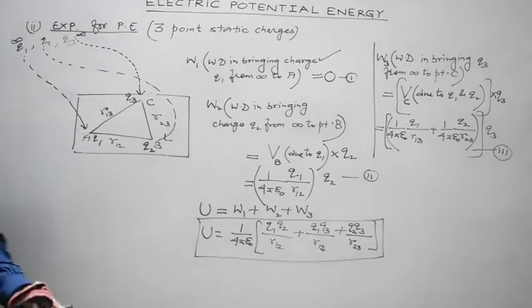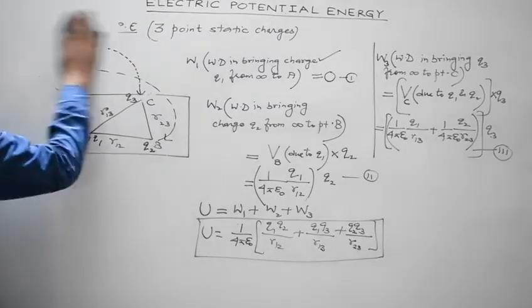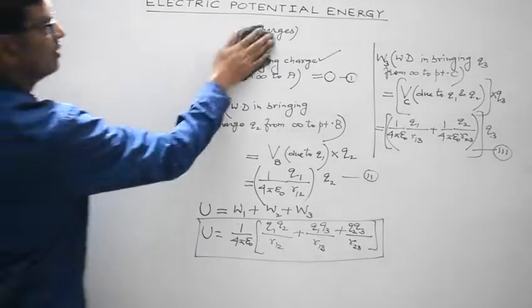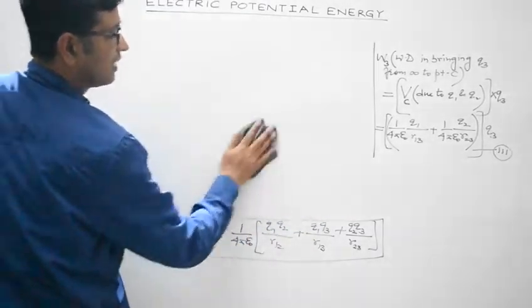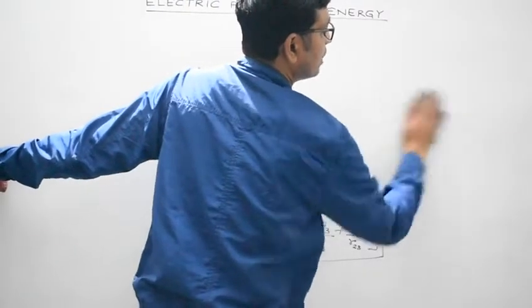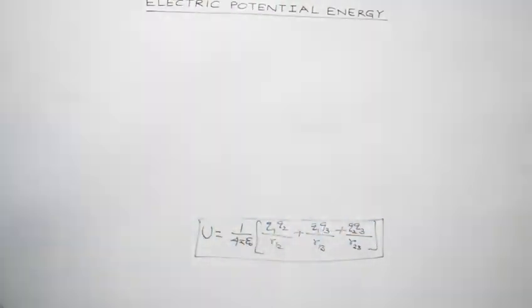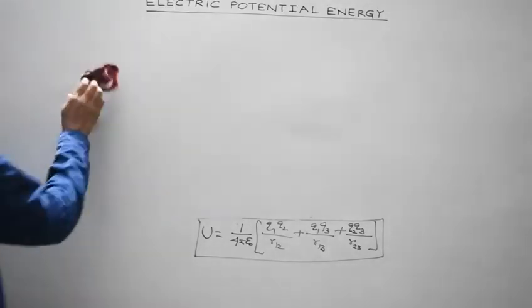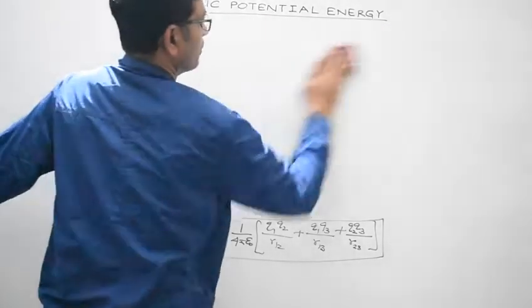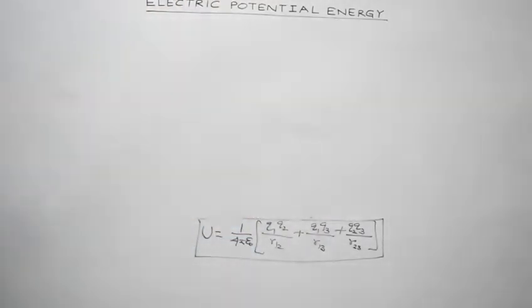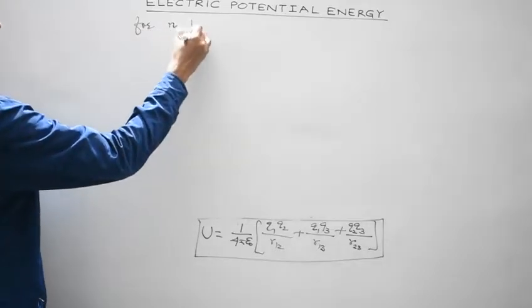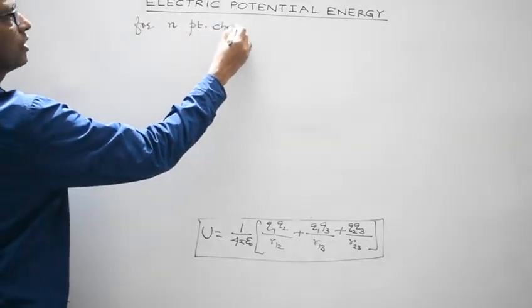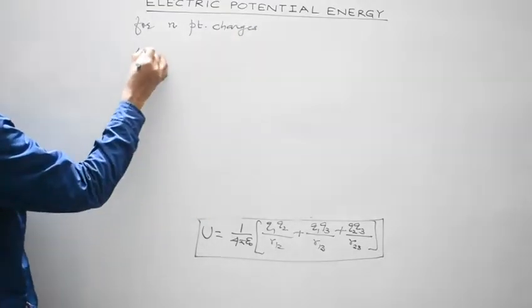Similarly, we can extend the same concept for a system comprising of n point charges. So let's see how the expression will change in case we consider a system comprising of n point charges. So we'll generalize this expression. Let's generalize for a system comprising of n point static charges. The expression for the potential energy would be